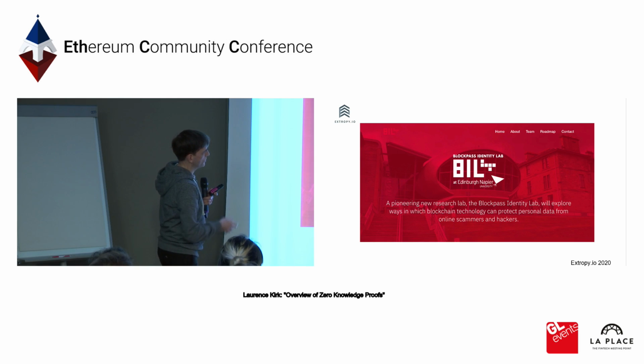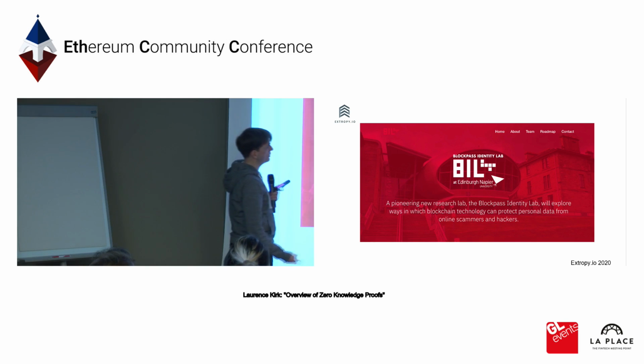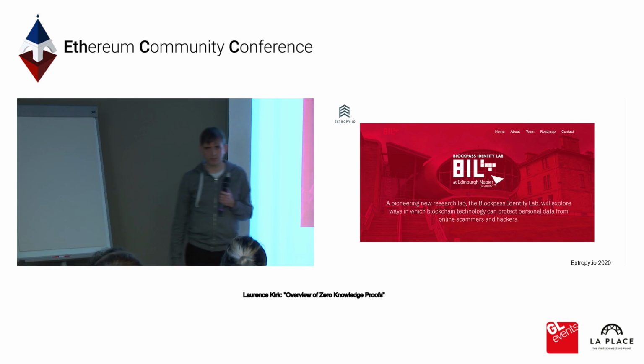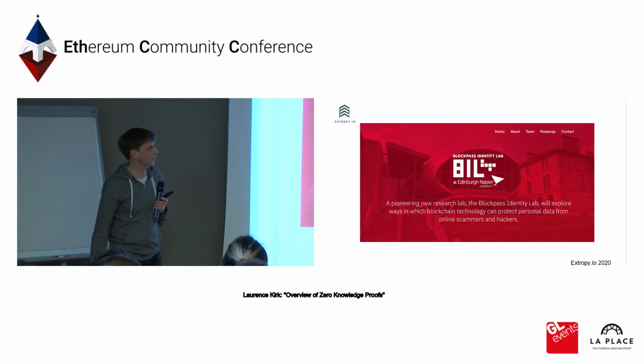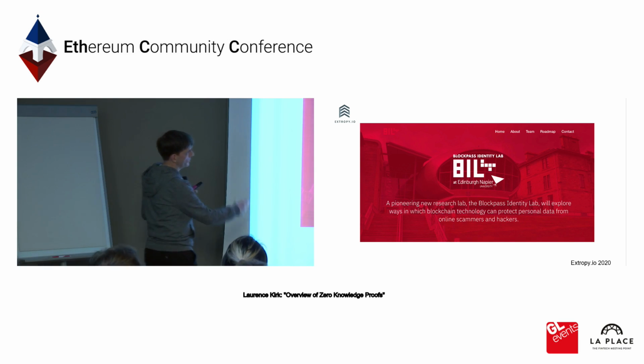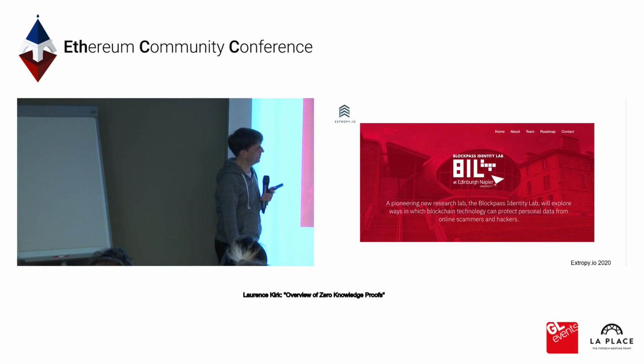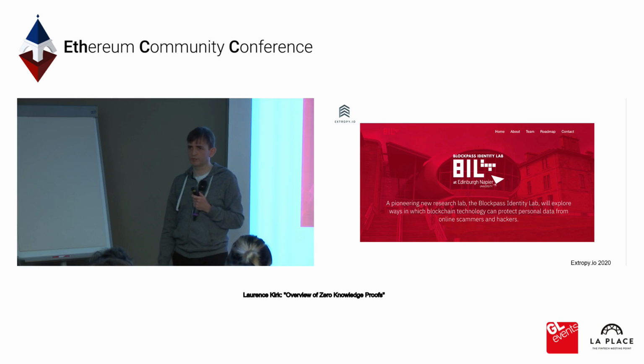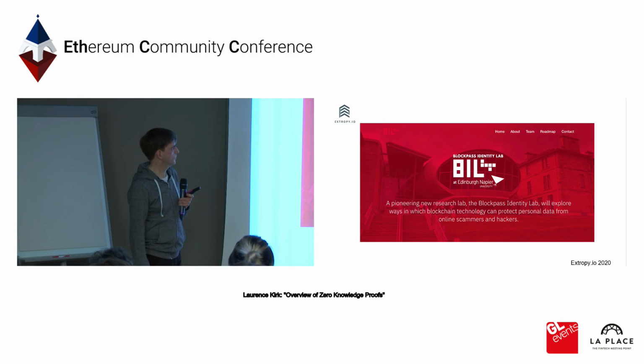Another aspect that I see quite a bit is around identity. There's a startup in Berlin called Kilt who are working on this, but also there's a lab been set up at Napier University in Edinburgh looking at identity, particularly on blockchain, but a large part of that then is around zero-knowledge proofs, how those can be used to preserve your identity and preserve leakage of personal information.